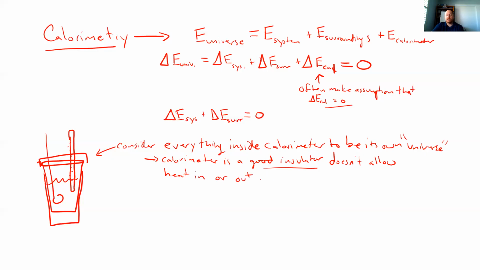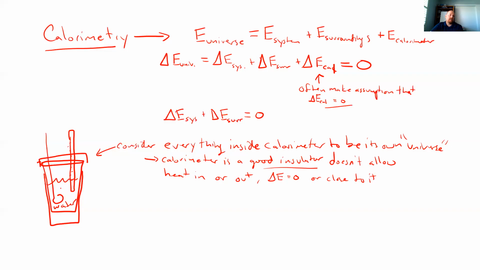Okay, thus delta E should equal 0 or close to it. And so with that in mind, what we can look at inside the calorimeter is generally the water,